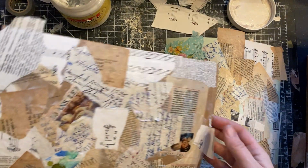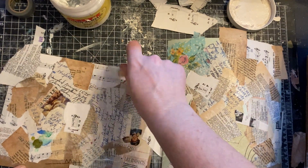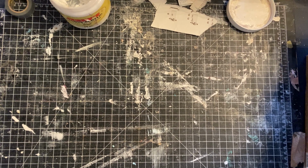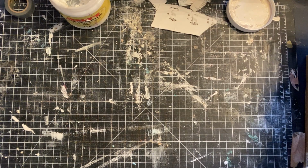Okay, so I'm gonna let that dry. It doesn't matter if it's sticky, really. So I'm gonna put these over by the gel plate because that's what we're gonna do later. And by later, I mean in a few minutes, hopefully. Let me show you my cool